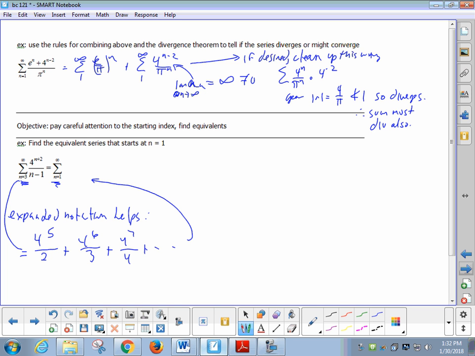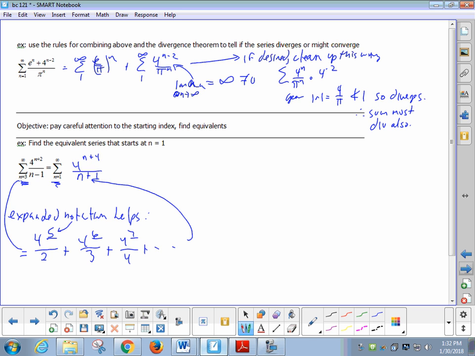Okay, ready? Okay, if you did expanded notation, this is what we are being given here. In order to start it at 1, I would have to take n and add 4. N plus 4 to get 4 to the 5th to start with. And the denominator would have to be n plus 1, right? In essence, you could say it's just 2 more than you had to begin with. Instead of starting at 3, we started at 1, so we had to bump up everything by 2 more, 2 more, 2 more.